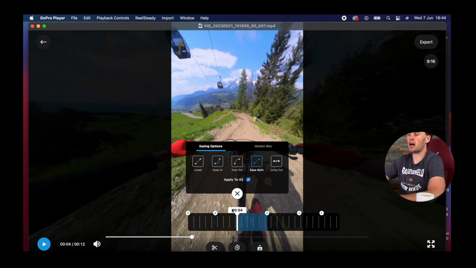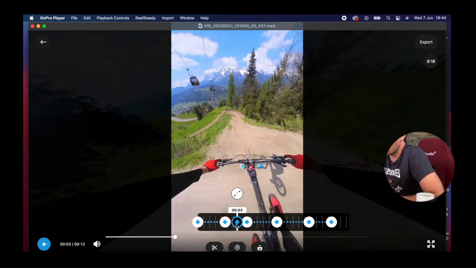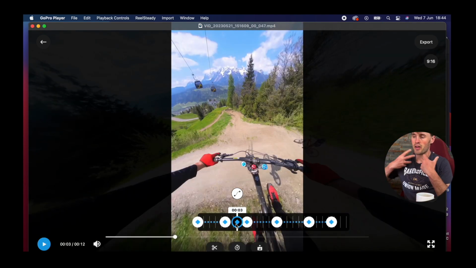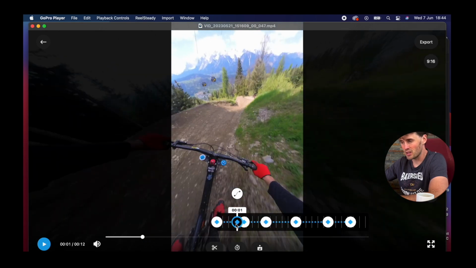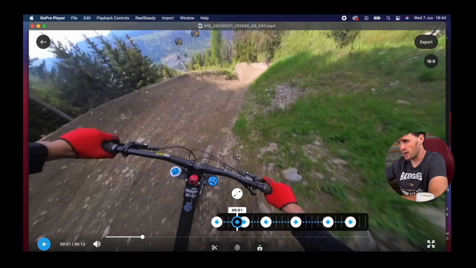It's already started to look a little bit more realistic in a sense, because we've got that speed element coming through in our footage. Now, you may not want that, but this is perfect for action sports. Don't overdo it though, because it will start to look a little bit too edited. But if we go and change the aspect ratio to 16:9 here,